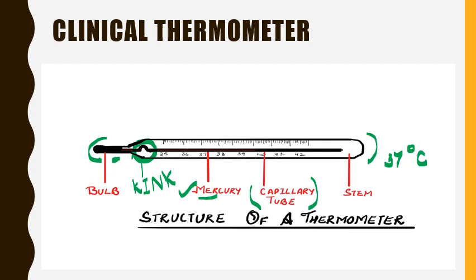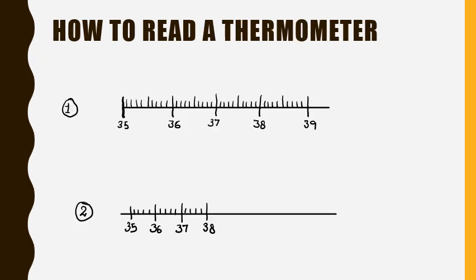Now let's study how we can take the reading from a thermometer, and that too accurately. The working of mercury thermometers is based on the principle that liquids expand on heating and contract on cooling. And why mercury is used? Mercury is used because it is the only metal which exists in liquid state at room temperature, and the second thing is that it has a lustrous property. It is shiny in nature, and due to which it can be read very easily, and therefore it is used in thermometers.